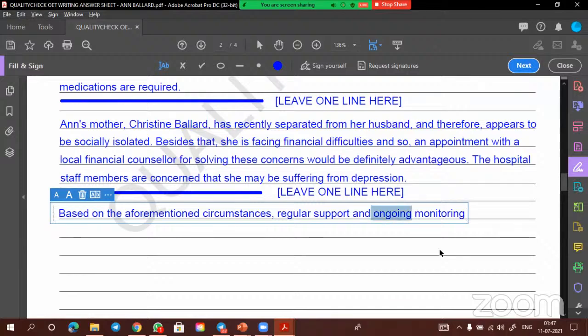Or you can say here regular monitoring. Here you can say appropriate support and regular monitoring, necessary support and regular monitoring. Okay. Therefore, based on the aforementioned circumstances, appropriate support and regular monitoring of